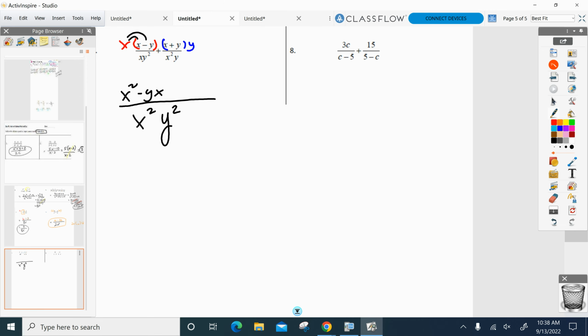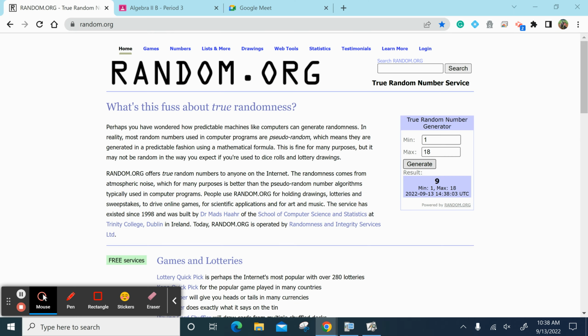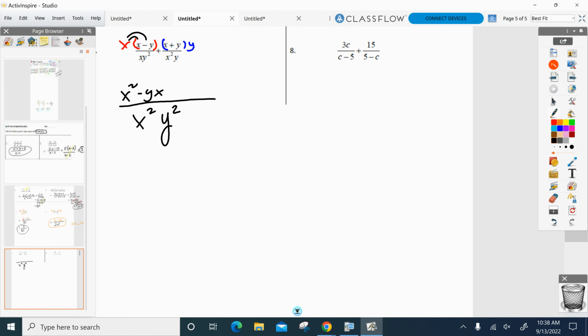All right, need help distributing from somebody now? Yx plus y squared. Great job. What's going to happen in the middle? They're gone, right? Opposite signs are the same thing. So I'm left with what? X squared plus y squared